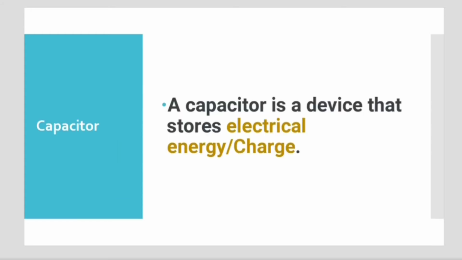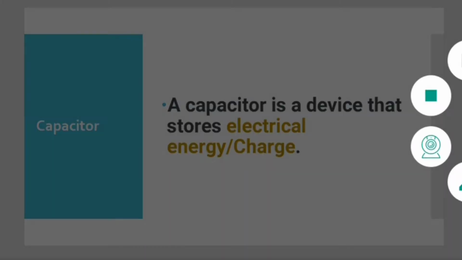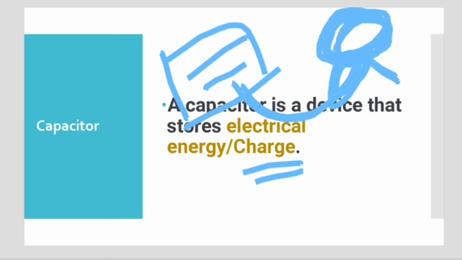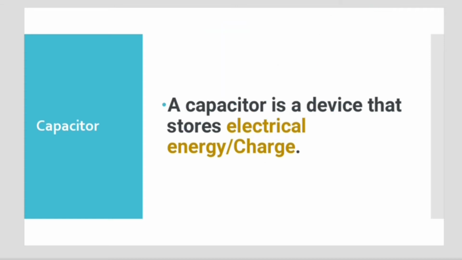Okay. So what is a capacitor? Capacitor is basically a device that stores electrical energy or electrical charge. So these two things are same. What would you say? It's just up to you. See, if you are having some charge stored in something and you need to exchange it, if you need to give it to other device, then in what form you will give it? Electrical energy. So electrical charge or electrical energy, whatever you are writing, that is perfectly up to you. This is same. So what is a capacitor? Capacitor is basically a device which stores electrical energy or charge.